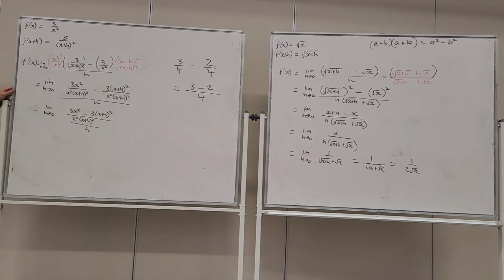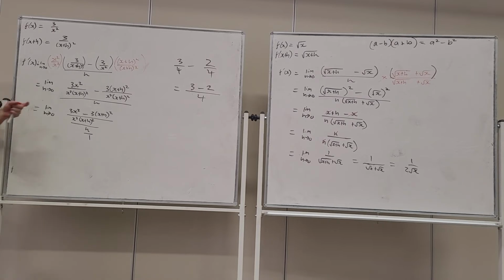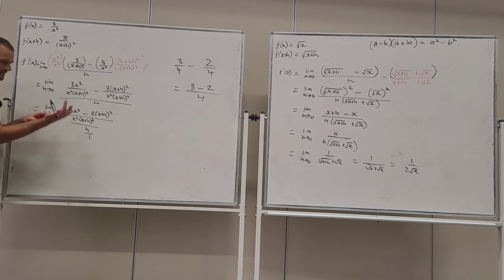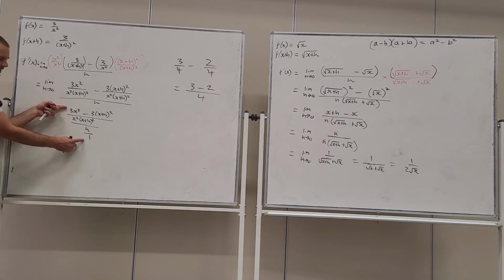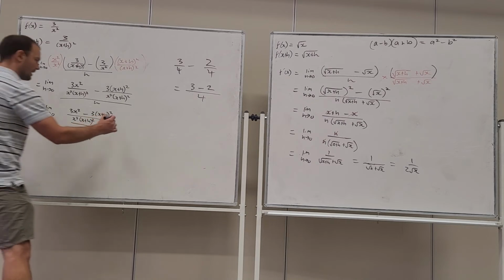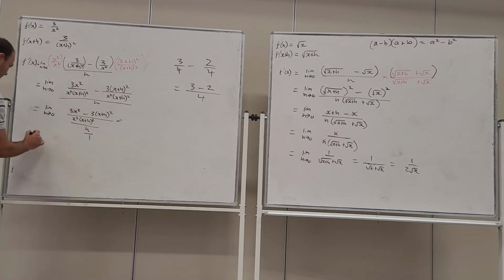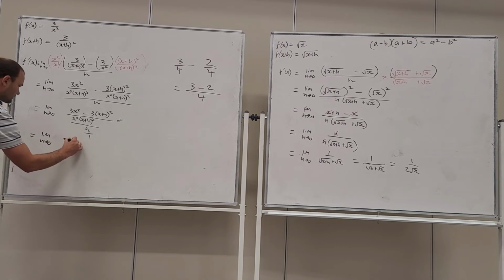Okay, which is on top of h, and h by itself is on top of 1, isn't it? You know, h just hanging out there, h divided by 1 is h. And now we've got 4 layers to the fraction, we can bring that to make 2. We've got AD on BC. Alright, so what that part will simplify to, I'll come down, because then I might come back up here in a sec. The limit as h approaches 0, 3x squared,